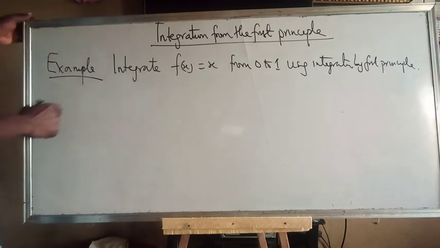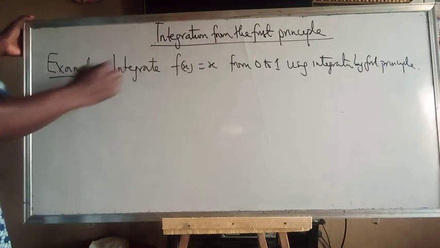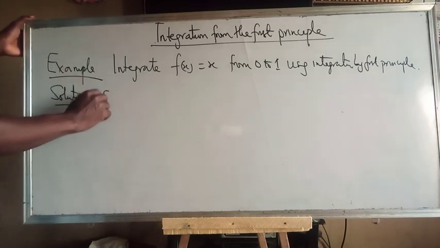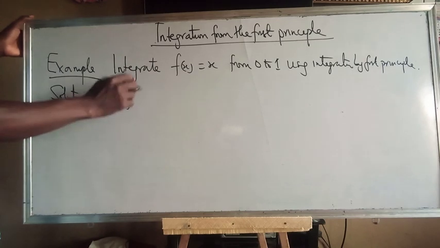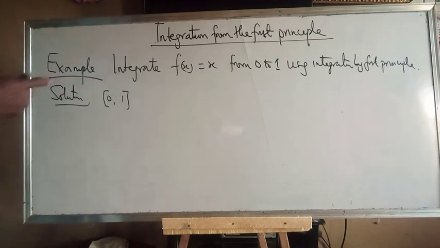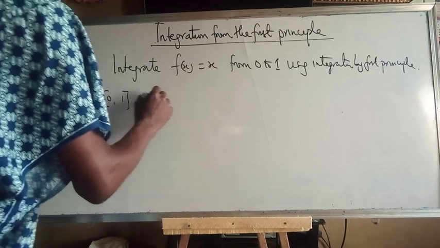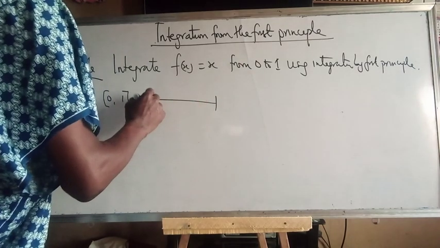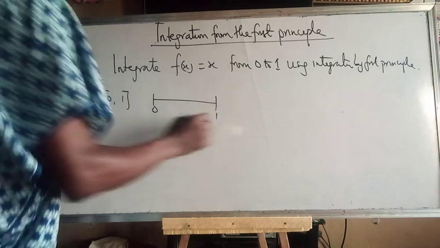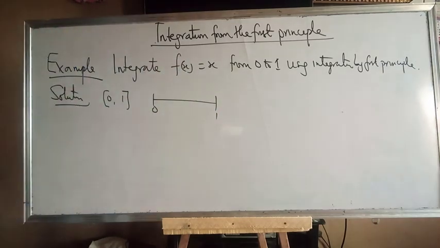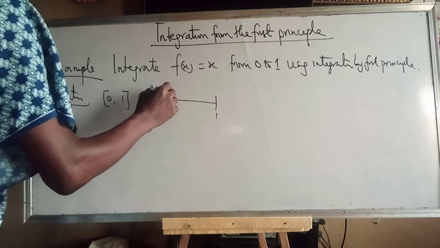So let's look at this interval given to us. The interval given to us is between 0 and 1. So the interval has the endpoints 0 and 1. So 0 and 1 are involved. They are included. So it's just like saying that suppose we have a real line, we have 0, we have 1 here. Now we can partition this interval into n segments by saying that, let's say we have